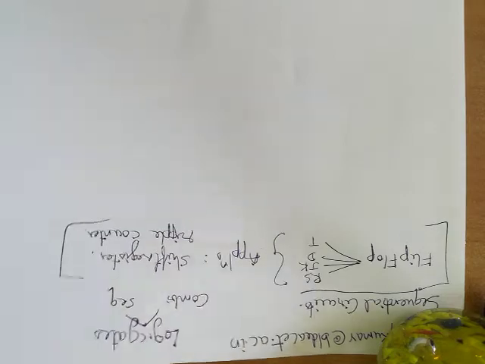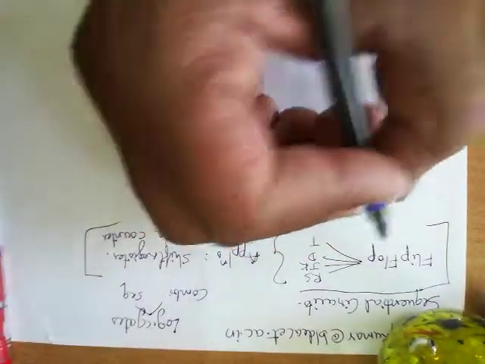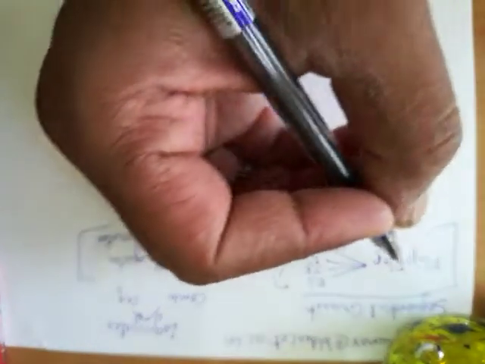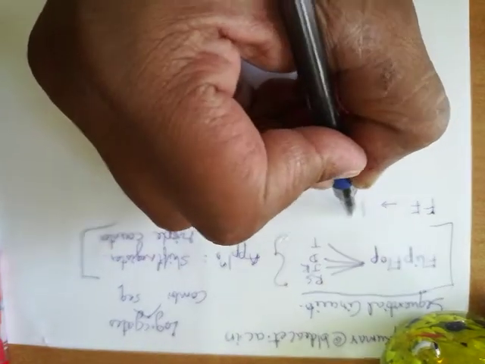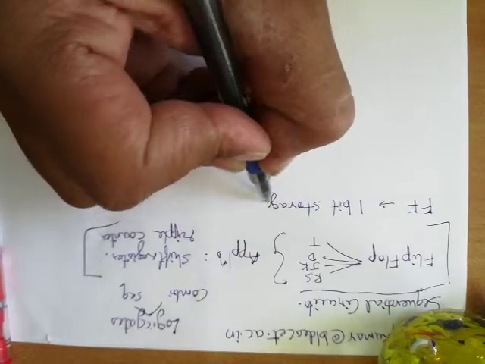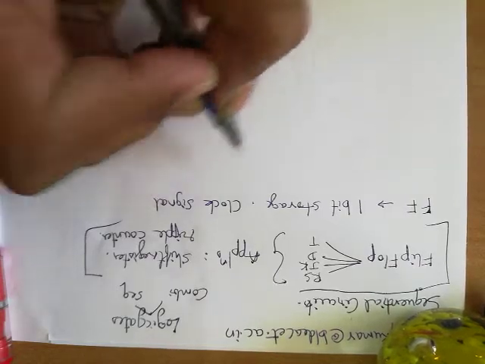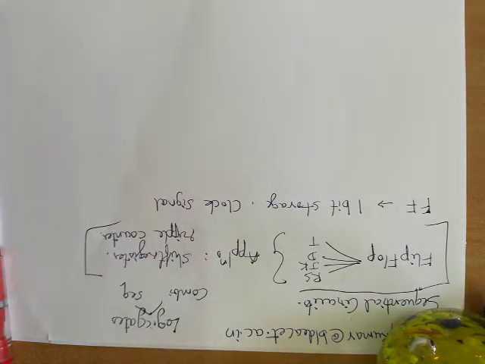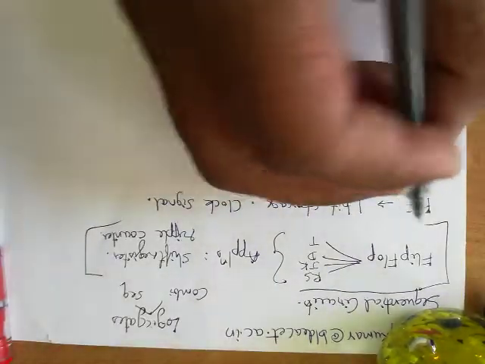We'll start with our discussion of flip-flops. Flip-flop is a circuit which has memory and it stores 1 bit. Flip-flop stores 1 bit memory. These have clock signal for operation. For now, for simplicity's sake, we'll avoid the discussion of clock signal. We'll start looking at our flip-flops.